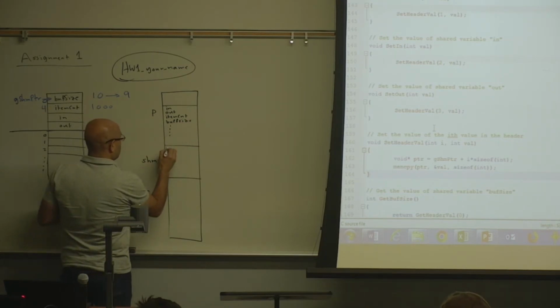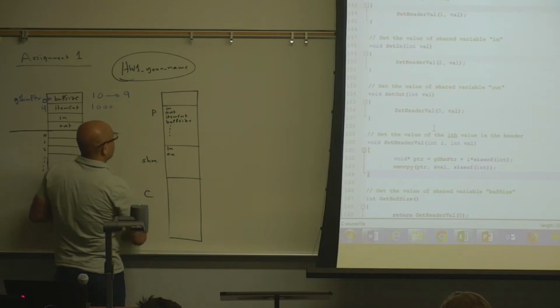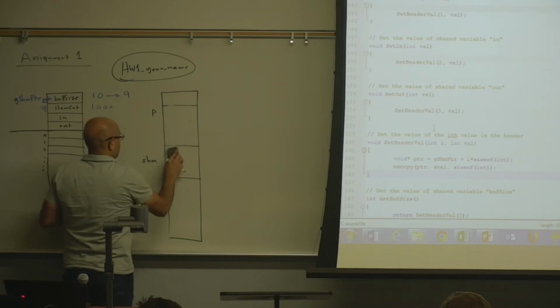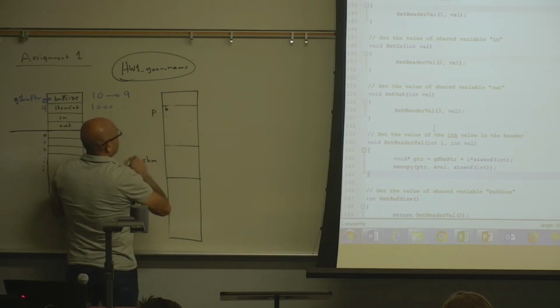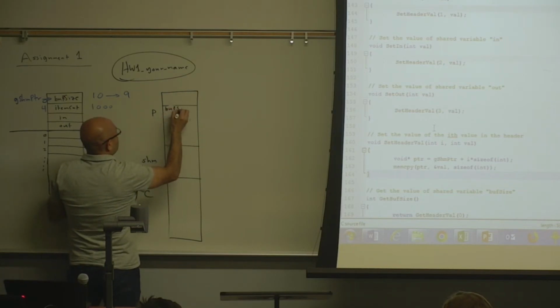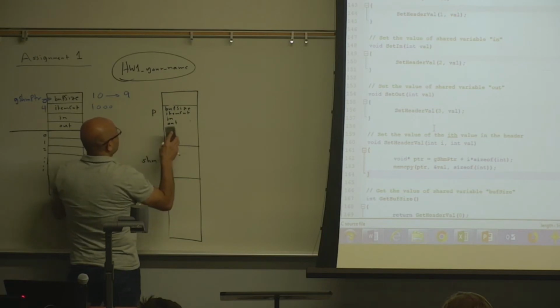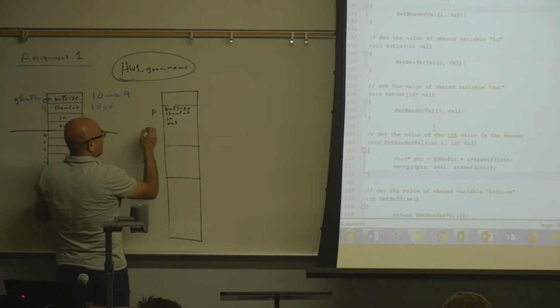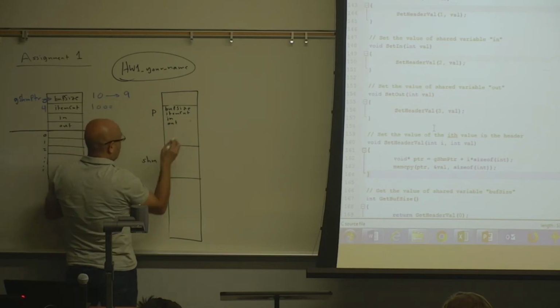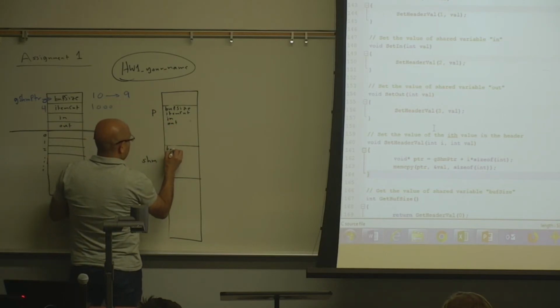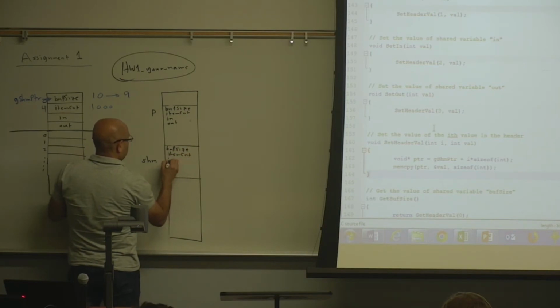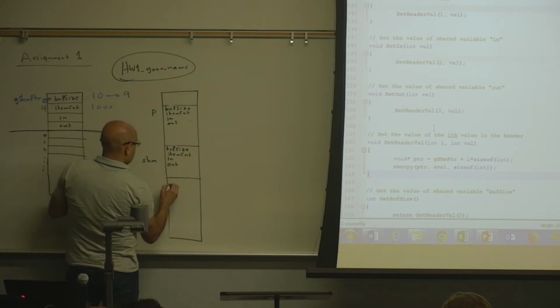But in shared memory, we also have buffer size, item count, in and out. Let's do them in order. In the producer, you will just have something like integer in, integer out. And here we have the buffer size, the item count, and in and out. The same thing, you can have in and out.